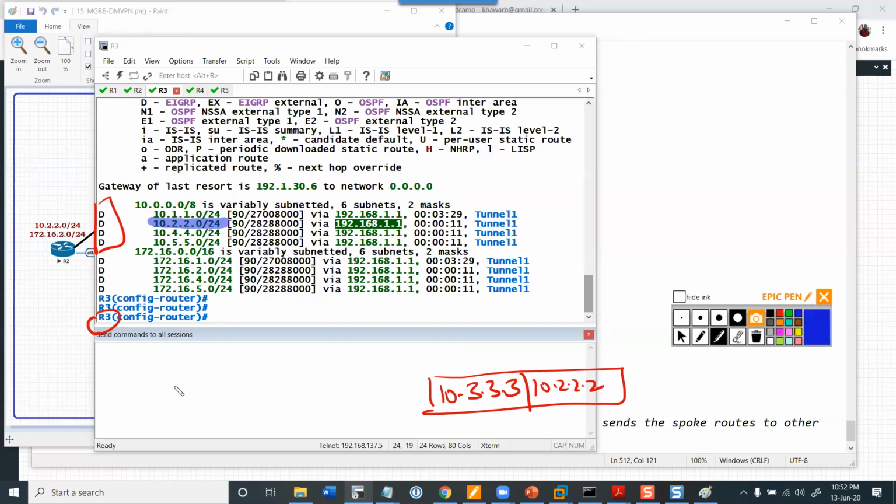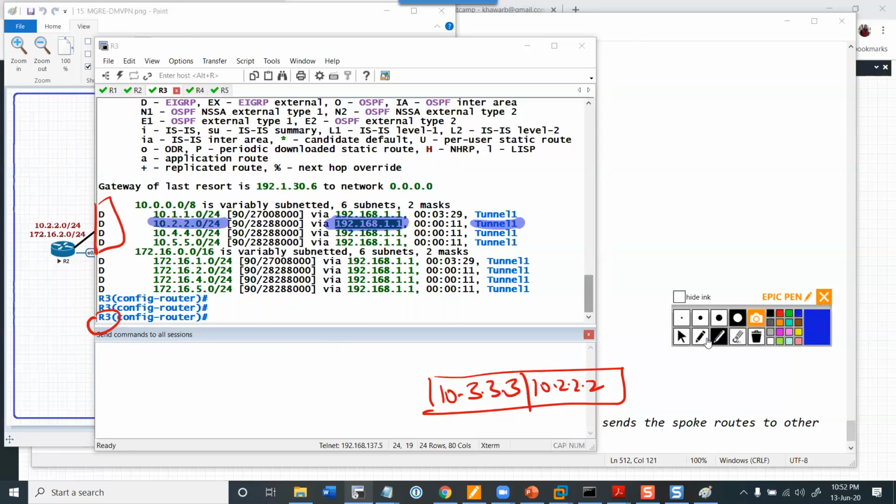It matches this entry, right? So what's the next stop over here? It is through the tunnel, but it's telling you the next stop is 192.168.1.1. In case when I was on the same network, it said I'm directly connected to it, so I know I need to go direct. But here it says, hey, listen, you're not directly connected. You need to go through